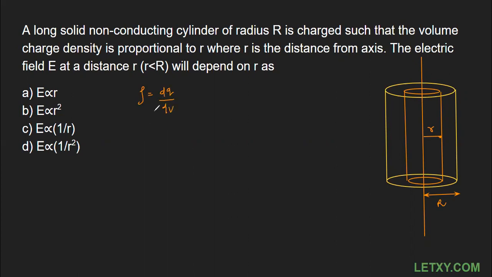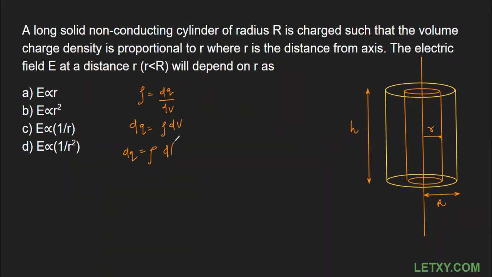So if I need to find the small amount of charge dq, then we do the cross multiplication and the formula comes out like this. Now we also know that dq equals rho times dv, where v is the volume, and this time we have to calculate the volume of this Gaussian surface. The Gaussian surface has radius r, and the height is the same as the former cylinder. Let's take it capital H. I'm going to take the height of the cylinder as capital H. I hope you can see. This is the height of the cylinder, which is small h.